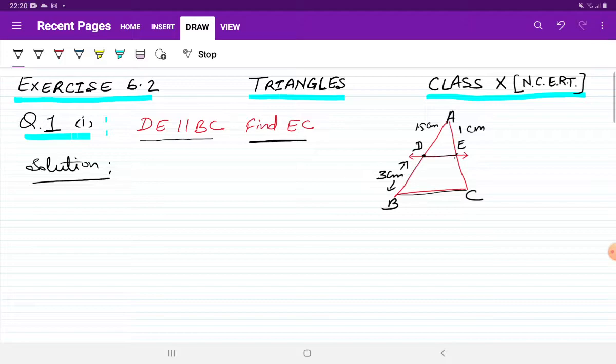According to the statement of Thales theorem, if any line is parallel to one side of a triangle, like this DE is parallel to BC, and it intersects the other two sides at distinct points, D and E, then this line divides the other two sides in the same ratio. Meaning, if lines are parallel, the sides' ratio will be equal. Like this: AD upon DB is equal to AE upon EC. This is what Thales theorem states. So we are going to use Thales theorem, and the corollary of Thales theorem we'll use in our next question.